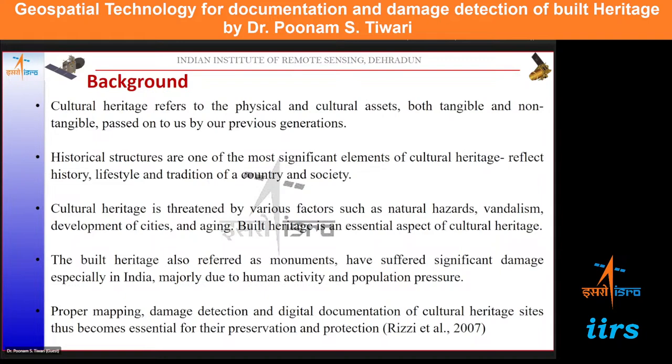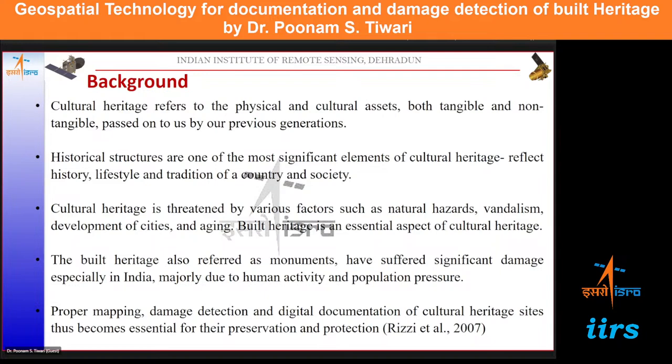These heritage structures are one of the most significant elements of cultural heritage, because using these built structures, we are able to know a lot of things about our ancestors. These buildings also reflect the history, the lifestyle and tradition of a